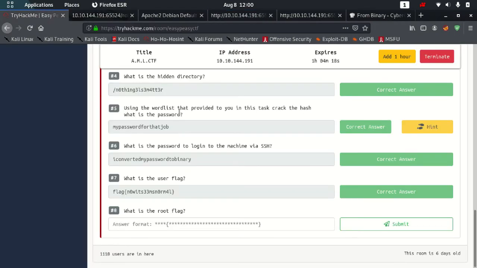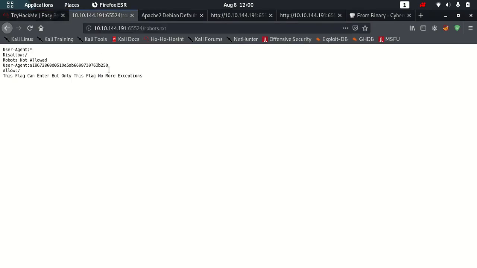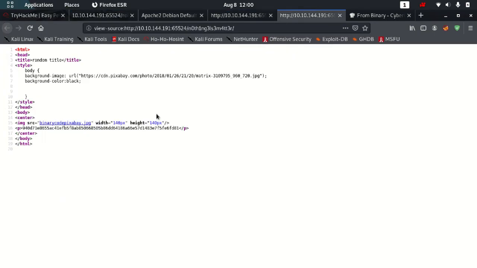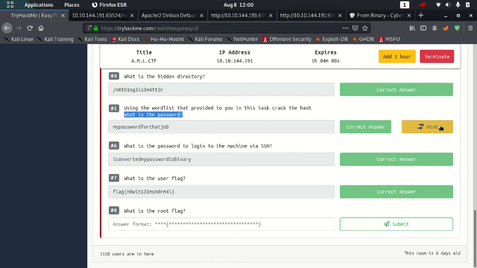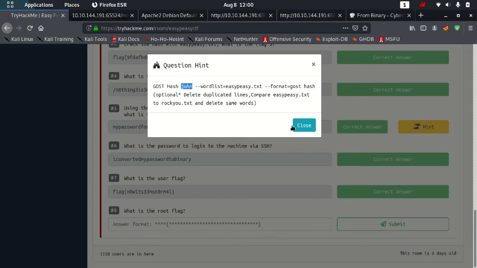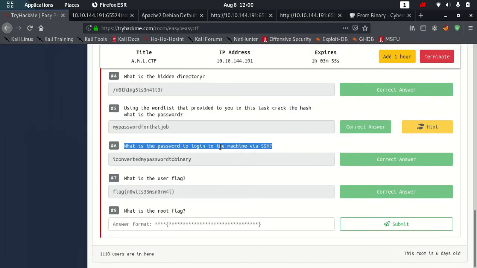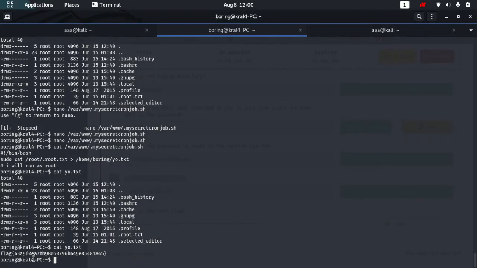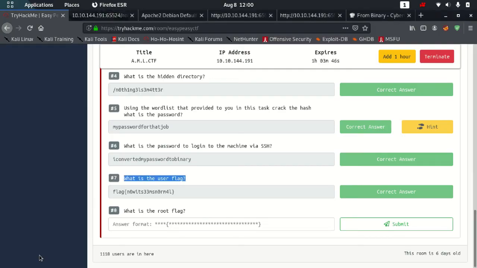Then to get the password for the job, we used this flag over here, which is in the nothing else matters directory, and we took this and did a hash with John. Then we did stego to get this and the user flag, and yep, we got the final flag as well.